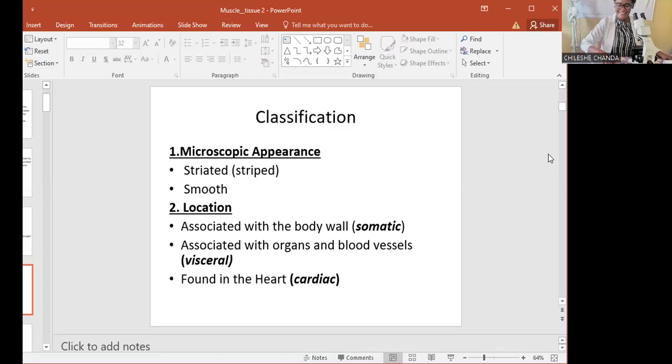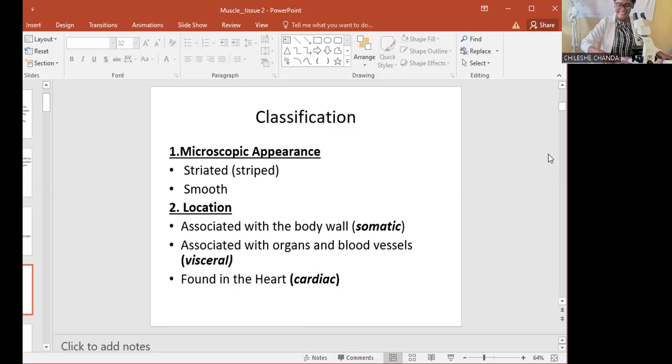Now, when it comes to classification according to location, we have one, the muscle tissue that is found on the body wall, meaning attached to the skeleton, and those are called somatic muscles or skeletal muscle. And then we have the second type, which is located in the internal organs of the body, and those are called visceral